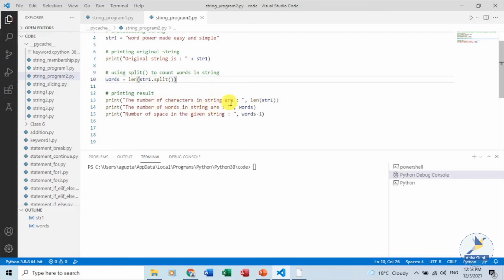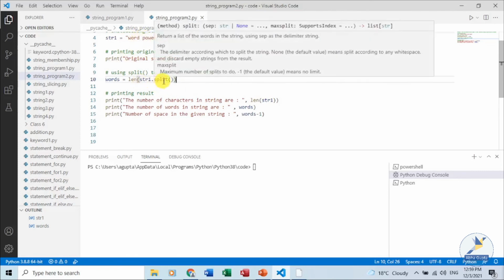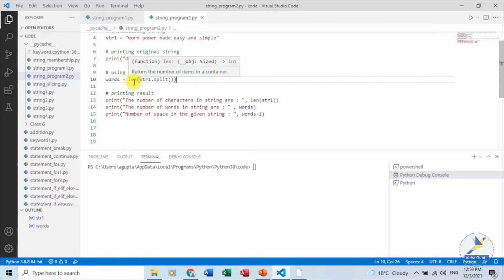So for the number of characters in this string, the length function will give the number of characters. The number of words, how will we get that? Using split, because whatever is in between these spaces, using the default space character as the separator, it will convert it into a list, and using the length function we are counting those.